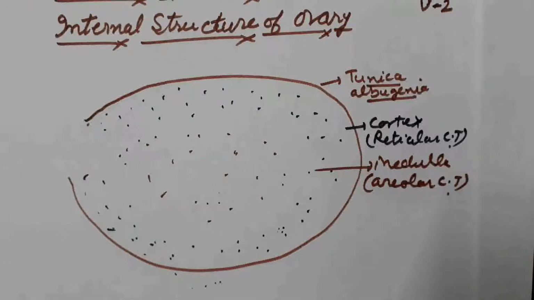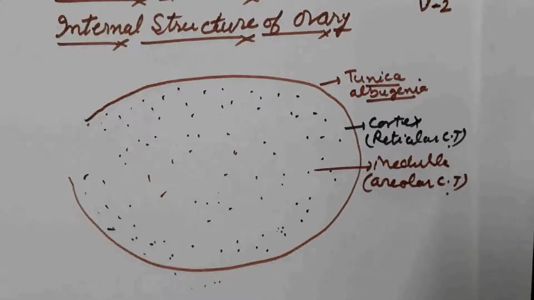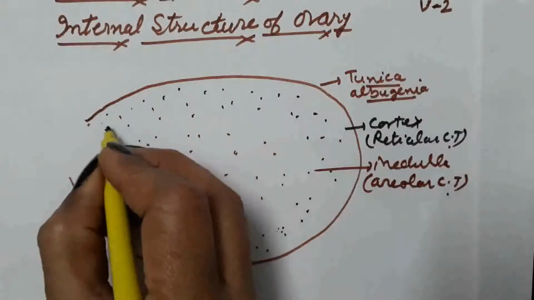Inside the ovary, various stages of primary follicle are visible. One of the primary follicles gets transformed into Graafian follicle every month. So here I am going to draw the different stages of primary follicle showing their growth and how they get transformed into Graafian follicle every month. This is the primary follicle.